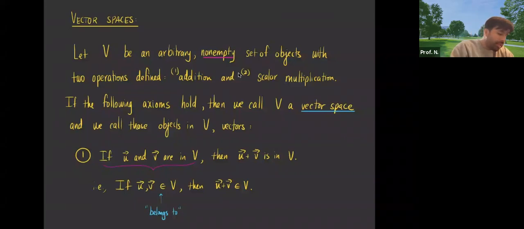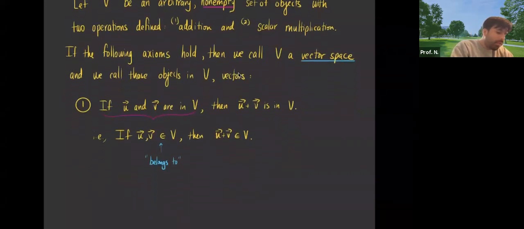Now this first axiom is called closure. It's closure under addition. Very important property, the closure property. The closure property just means that it's closed. What that means,